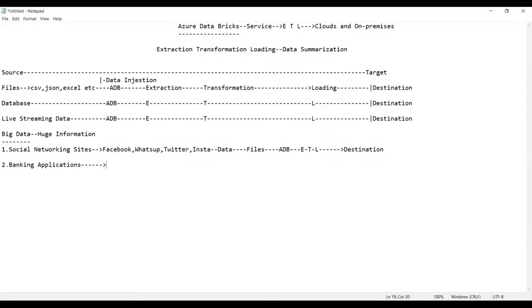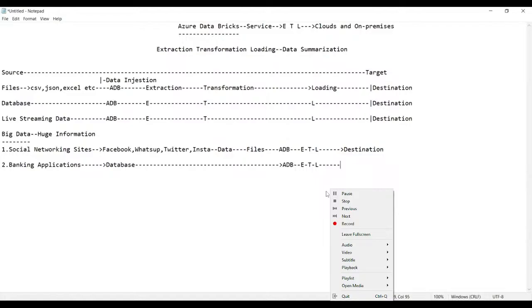Whenever you have banking applications, the data will be stored in the form of databases only. From the databases we pull in the data again, the same process: using ADB, Azure Databricks, we perform extraction, transformation, and loading. And now finally, once we load it, guys, finally